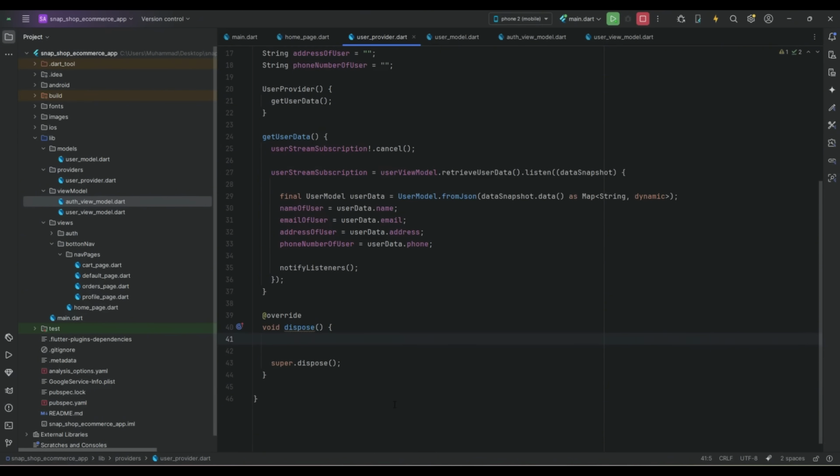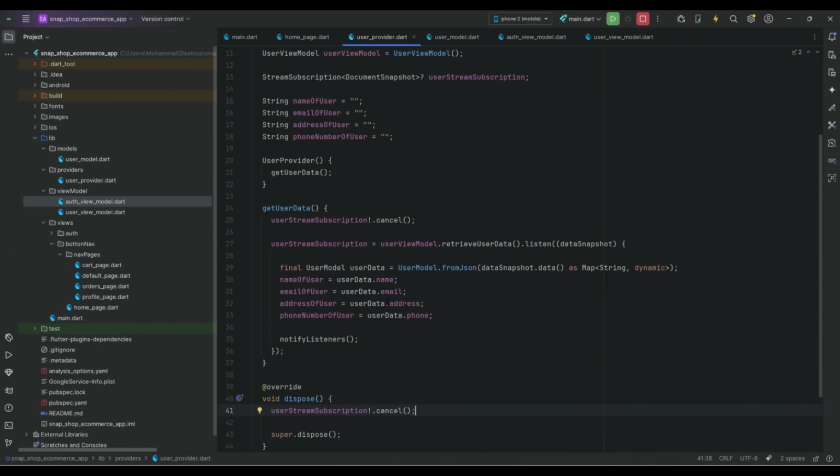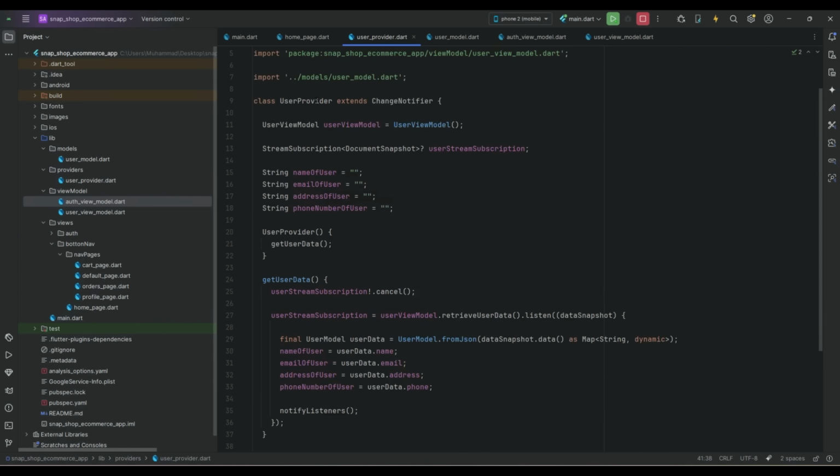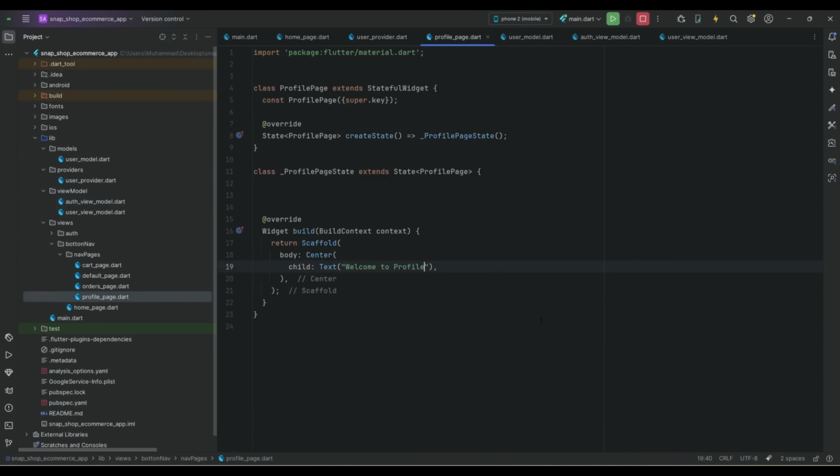On dispose we will cancel the provider, that is user stream subscription dot cancel. So now we have managed the user information. Now whenever we need the user data, we can access it directly with the help of the provider, as we are using the provider state management. Now how? For example, now on the profile page,